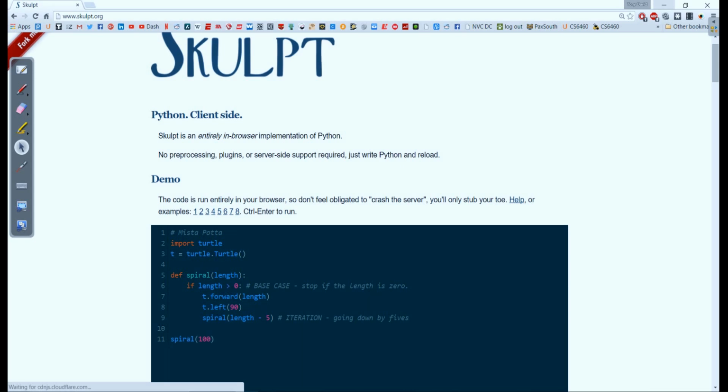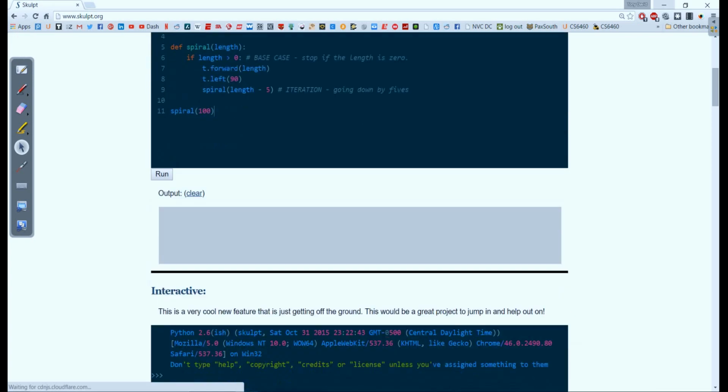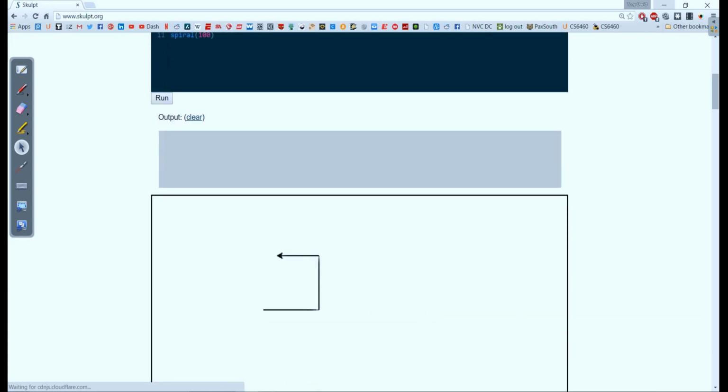And what that will do is draw a line 100 pixels long, because 100 is bigger than 0. And then it'll move left, and then it'll draw a line 95 pixels long, because 95 is bigger than 0. It'll turn left, and now we're going to draw something 90 pixels long, because 90 is bigger than 0. And we're going to do this repetition over and over again. So what happens is I end up with a shape that looks like this. There's the 90, the 85, 80, 75, 70, 65, 60, 55, 50, 45, 40, 35, 30, 25, 20, 15, 10,